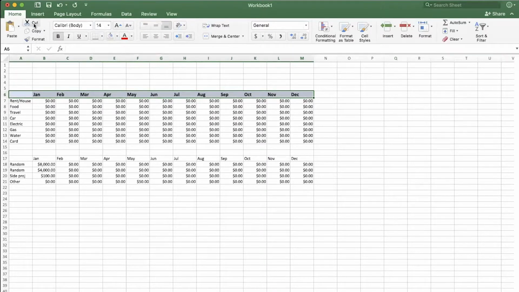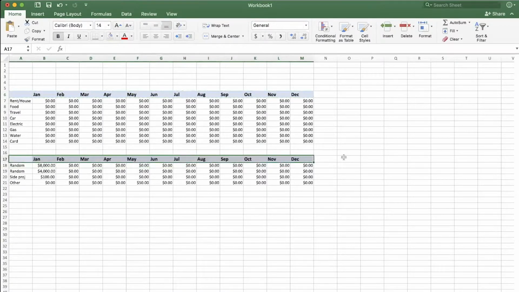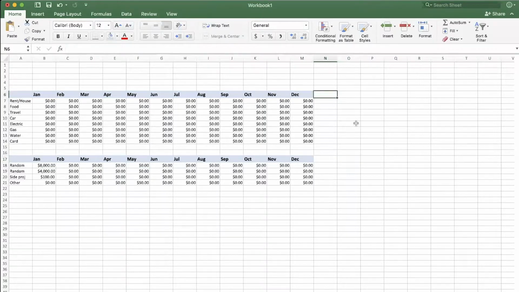Then I'm going to copy the formatting for that and paint it on the second one. So I only have to do it once. Our last column here, after December, we probably want a total, because it's always nice to know what your total is for the year, how much you've spent per year on rent or on food or whatever. It gives you a nice way to look back at the year and say, oh, did I really spend that much? I'll go ahead and put in total. Notice I'm just hitting enter, and it's going ahead and adding that styling in automatically. So that's kind of nice.